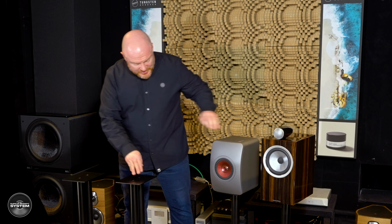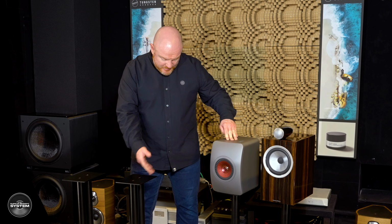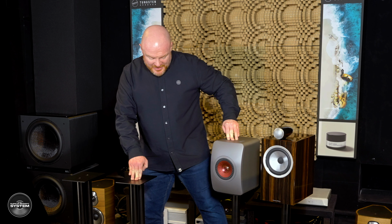I've never really given too much thought to the importance of speaker stands before, but as things were explained to me, as I've started to think about it, the benefits of mass and the difference in the movement, it's massive. It started to make me think about it, and it started to make me think that speaker stands are a